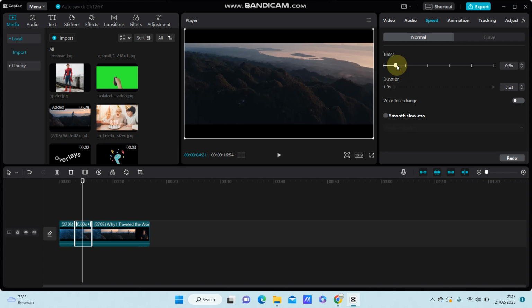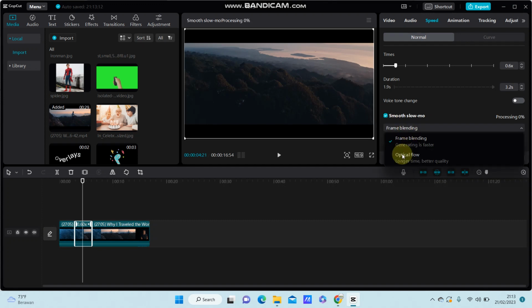And yeah, so you can see this smooth slow-mo option. You just turn it on and select the option here. I'm going to select optical flow for better quality, so just that one. Okay. But it takes a long time, so you can see